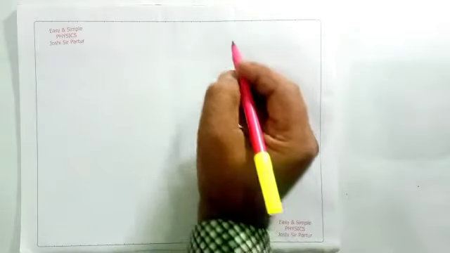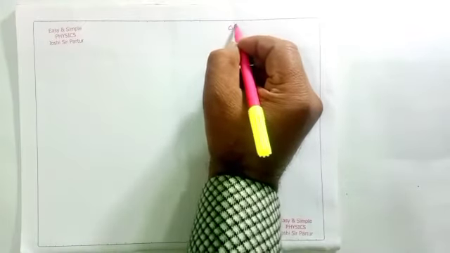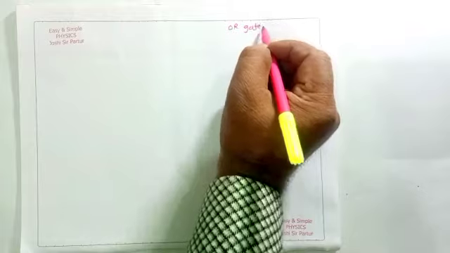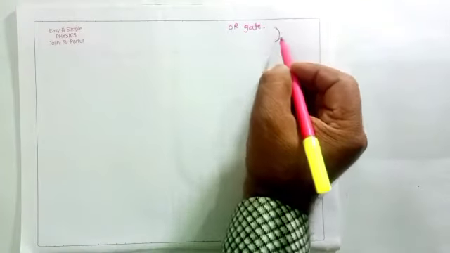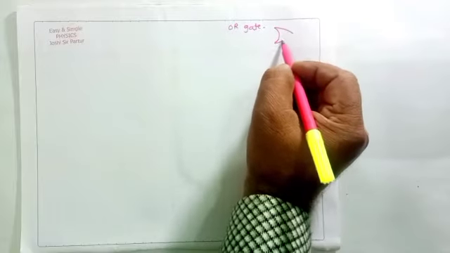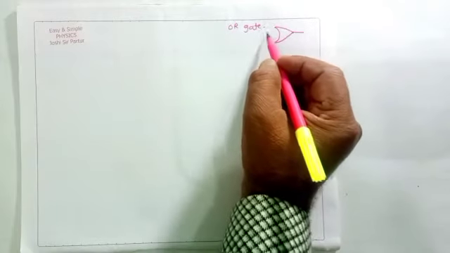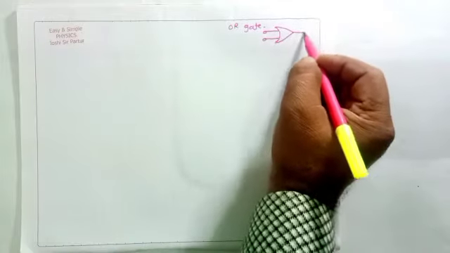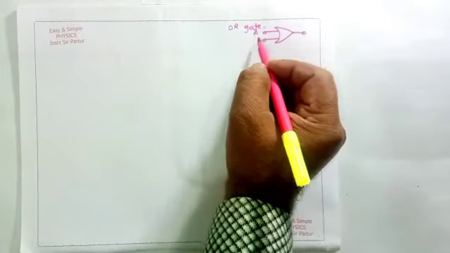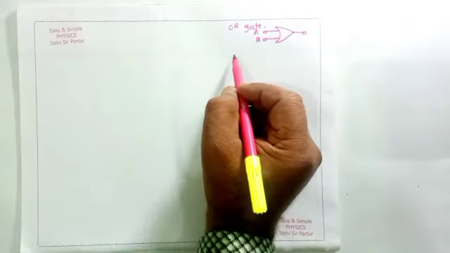They are the OR gate. The symbol for the OR gate is like this. The OR gate has two inputs and one output. Then we have seen the